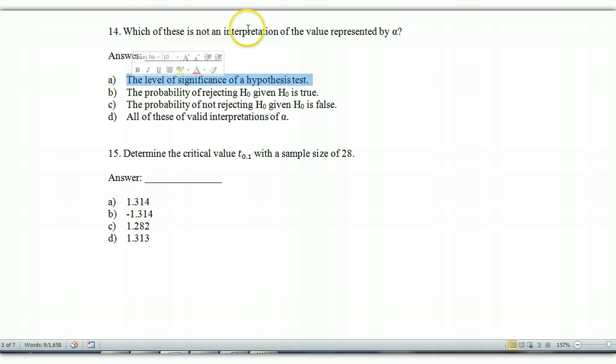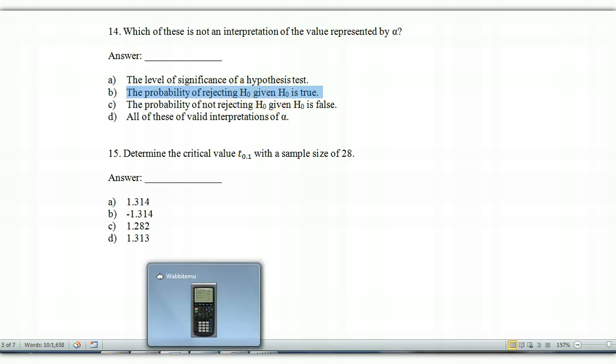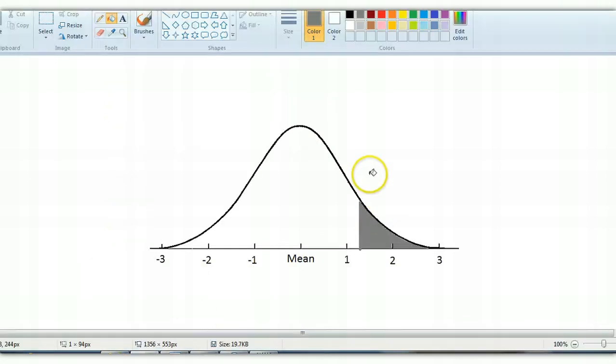But this is asking which is not an interpretation. B is also an interpretation of alpha. The area of the rejection region, the area that we shade when we do a hypothesis test, is the probability we reject the claim given the claim is true. If we look at a picture,